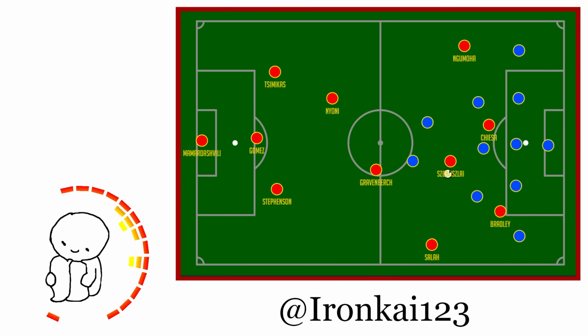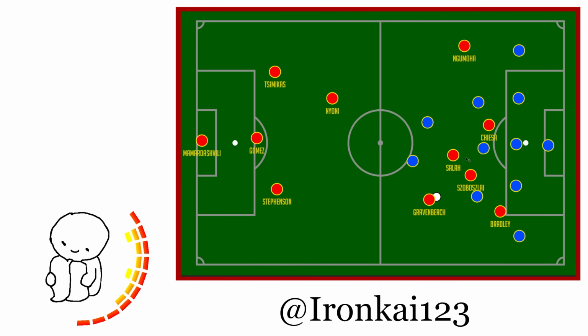He could also find Szoboszlai, who is then maybe able to turn and drive himself and find Bradley or Chiesa, or he's able to recycle it back to Ryan, or in our case, gives it to Mo, who can then give it to Gravenberch and progressively find his way inside. I like this as a way to get Mo central because it allows Mo to be ever present in every